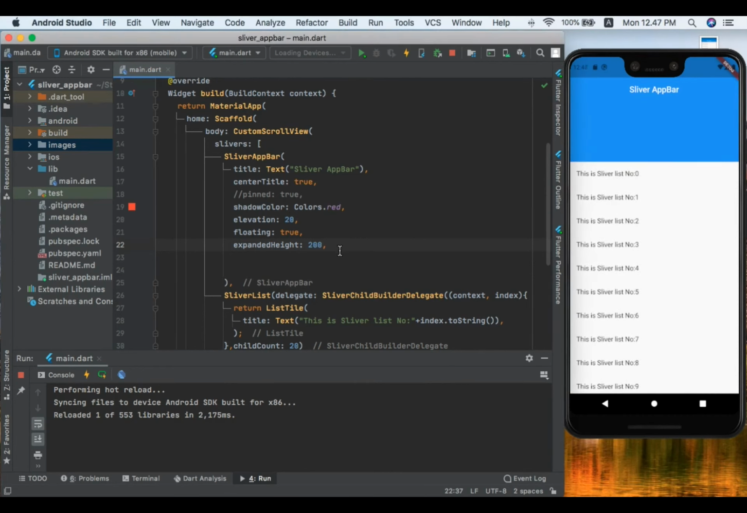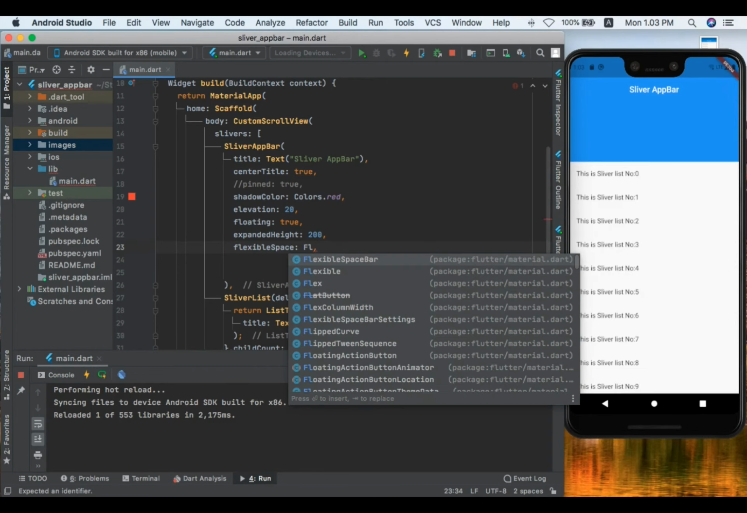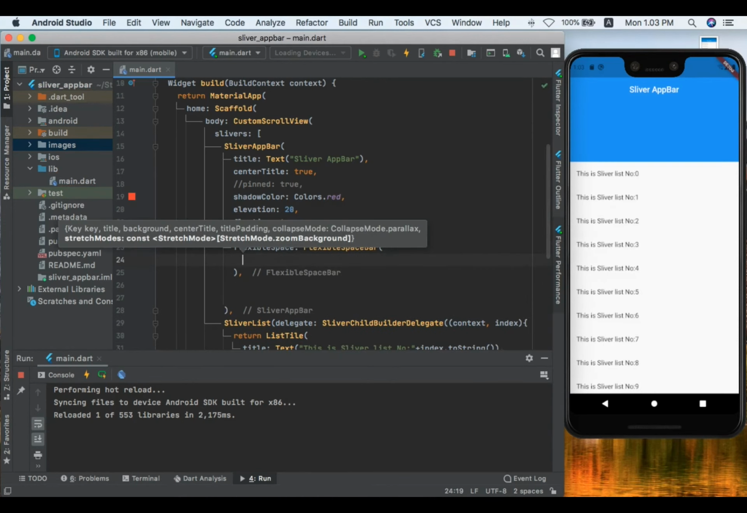We can bring a picture in the background. So how can we do that? Another property we have is called flexibleSpace, which takes a FlexibleSpaceBar. Inside this, it takes a background. Inside its background, we can give it any background we want. For now, I added an image to my assets, and I am going to bring it from the assets by typing